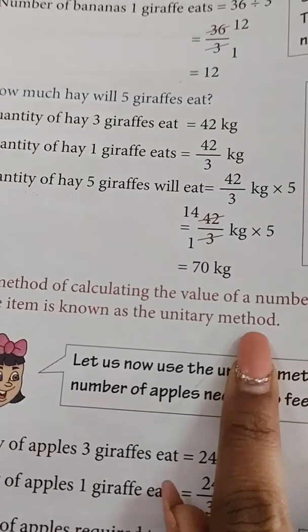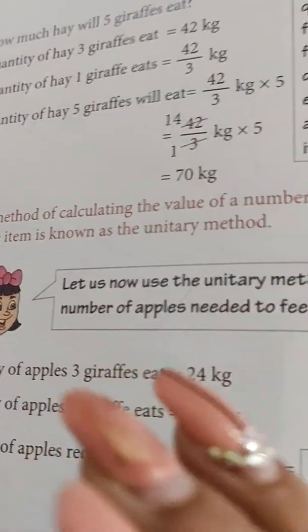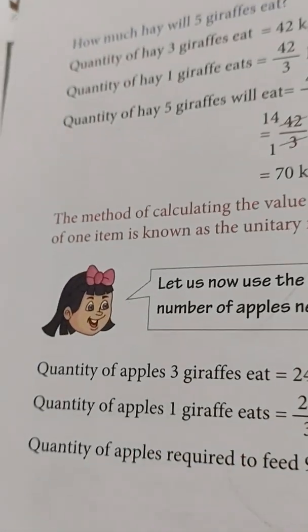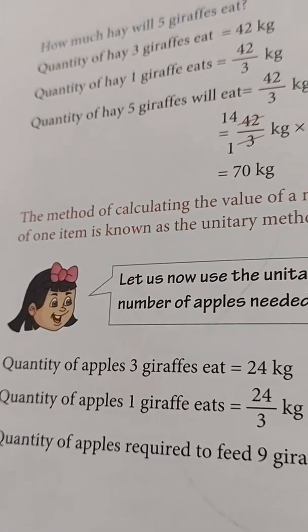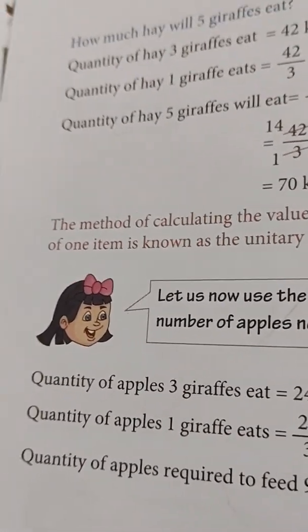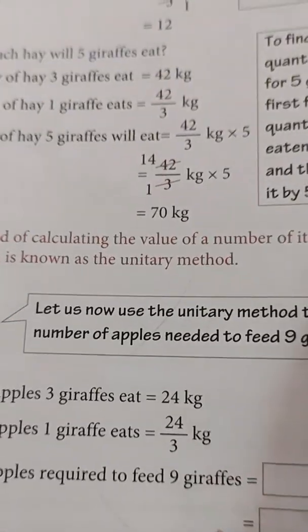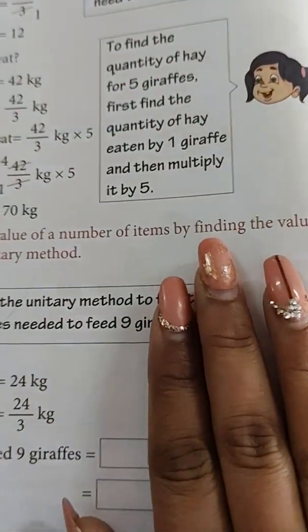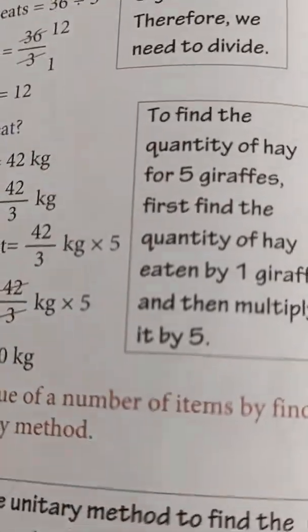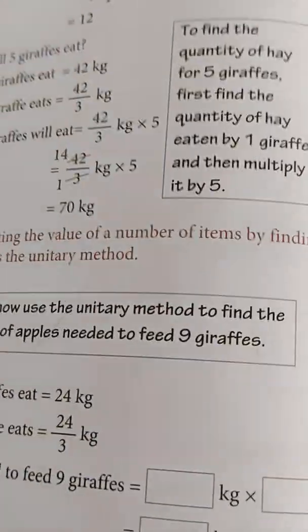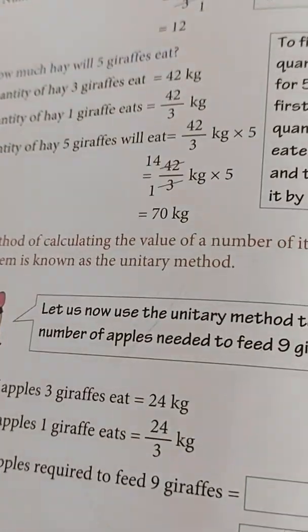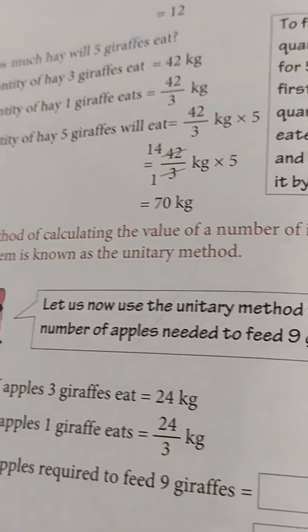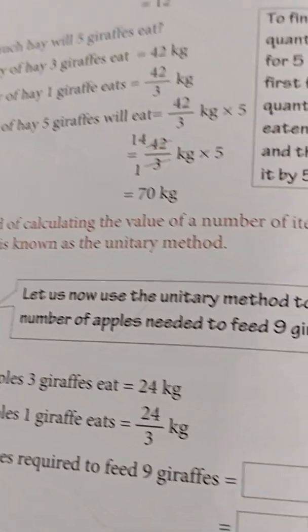So here the question can ask you to find the cost of one thing also. Here the question can ask you to find out the value of many things also. But the thing is that you have to find the cost of one thing first, then afterwards you will be able to find the cost of many number of the same thing. So firstly, one thing value is very important.